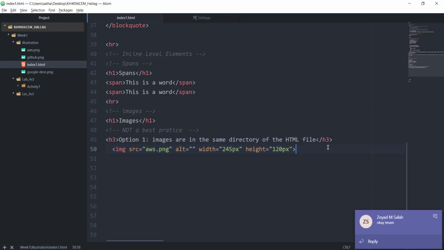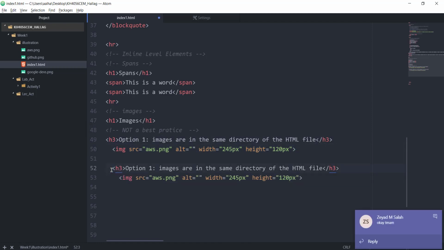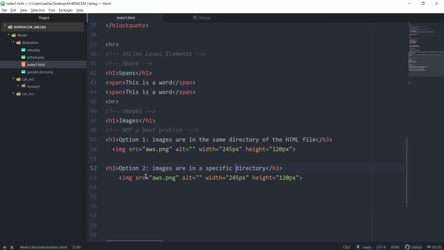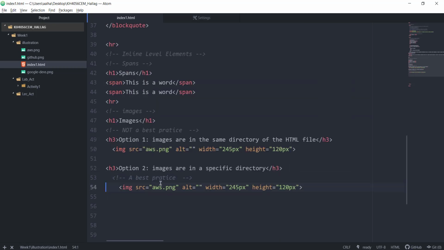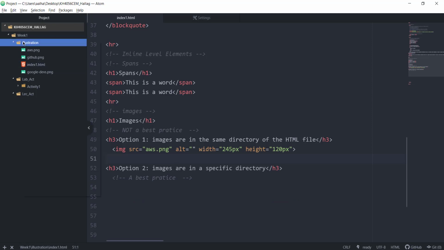Let's take another option. So this is, for example, going to be option 2. So option 2, images are in a specific directory. Okay, so now let's say that I'm going to put this GitHub, for example, in a directory called images. And by the way, this is the best practice to have the assets in a specific folder. So this is a best practice. And I'm going to delete this image, and I'm going to my directory, show in Explorer, go to this guy,